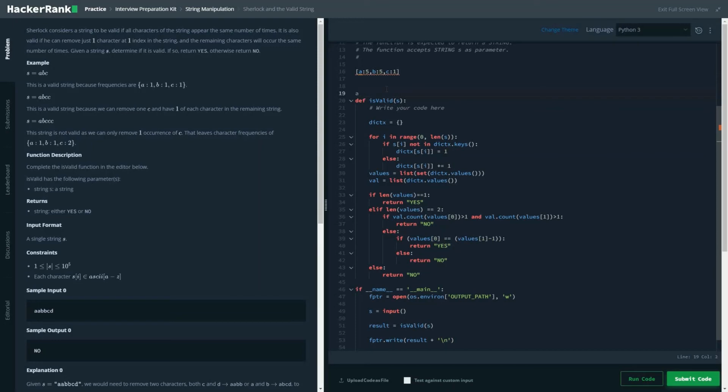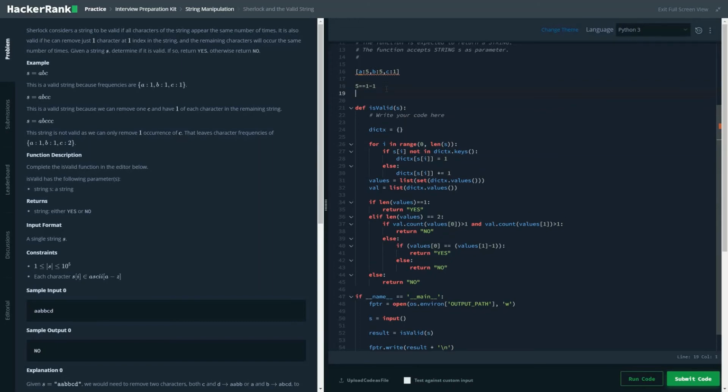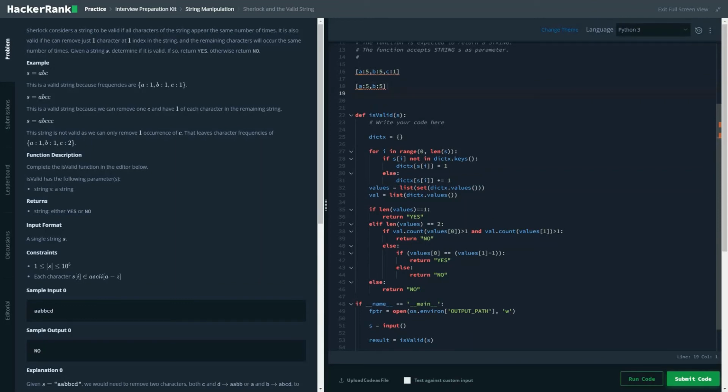So in that case, let's say 5 equal to 1 minus 1, which is false, so it won't be returning yes, instead it will be returning no. But if we remove the C character, then only A and B are present, whose values are respectively 5 and 5, which is basically a valid string because both of them are present. So we have removed all the instances of the 5 by just removing one character of C.